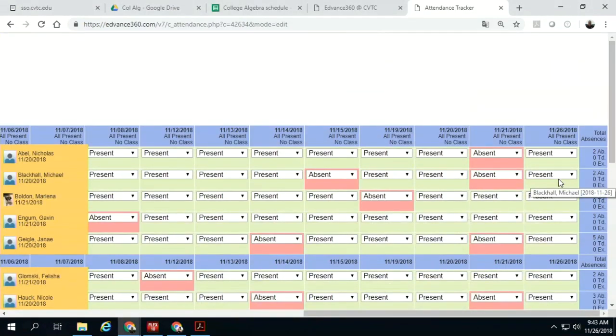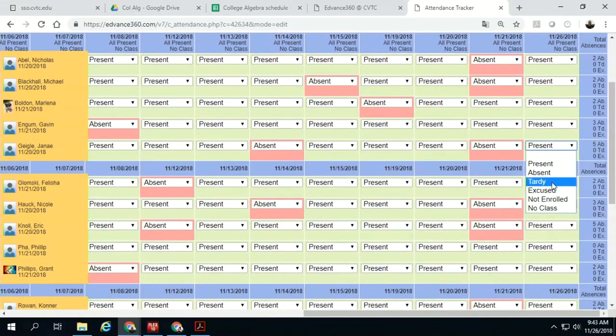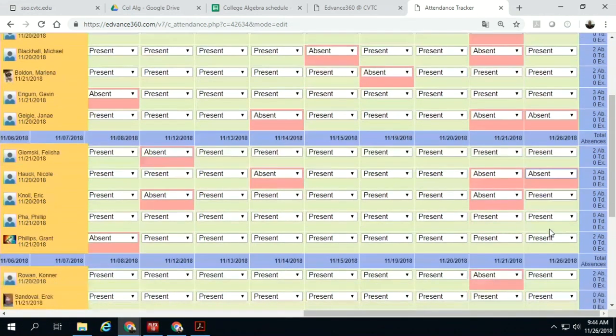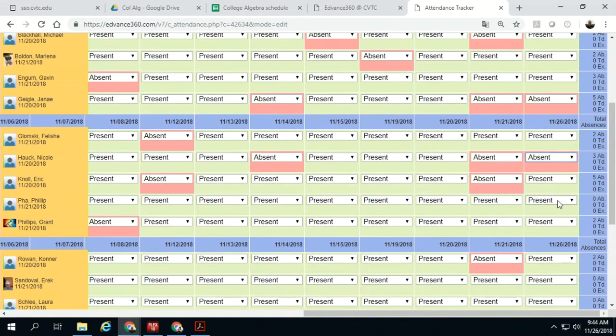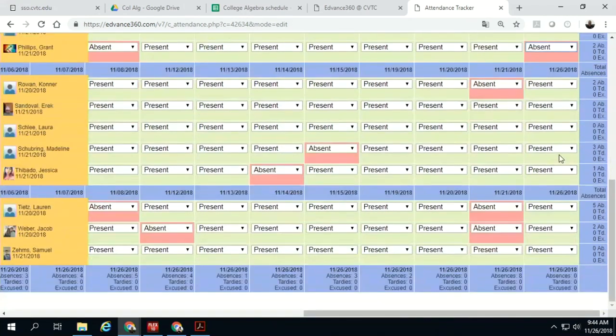Nick, Michael, Yep. Marlena, Gavin, Janae, Felicia, Nicole, Eric, Here. Phil, Back. Grant, Connor, Eric, Laura, Madeline, Jessica,